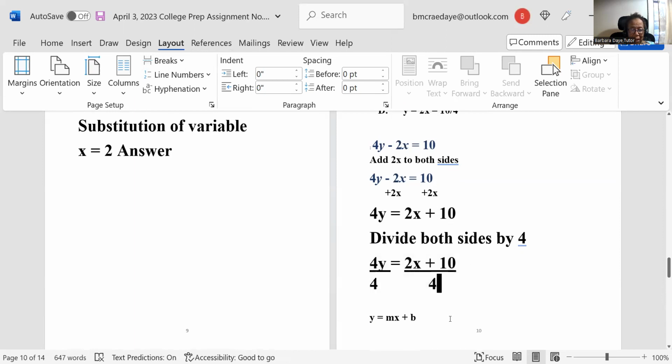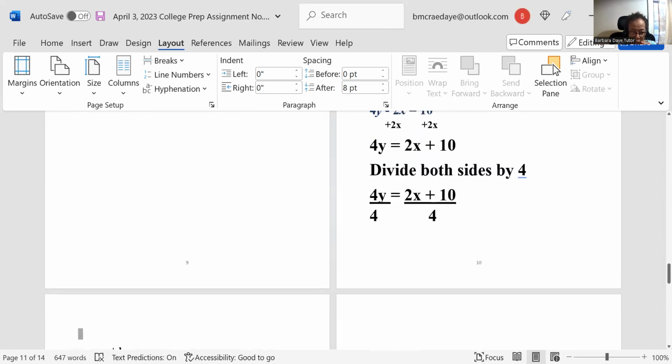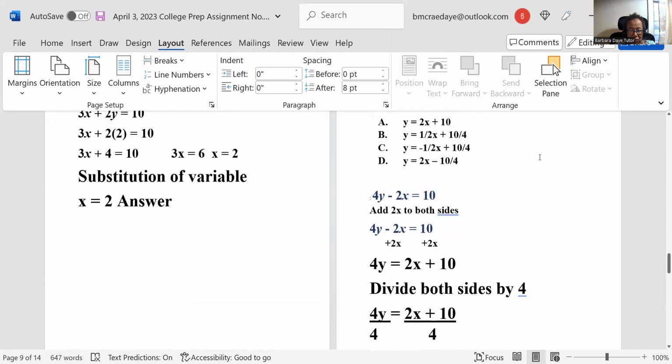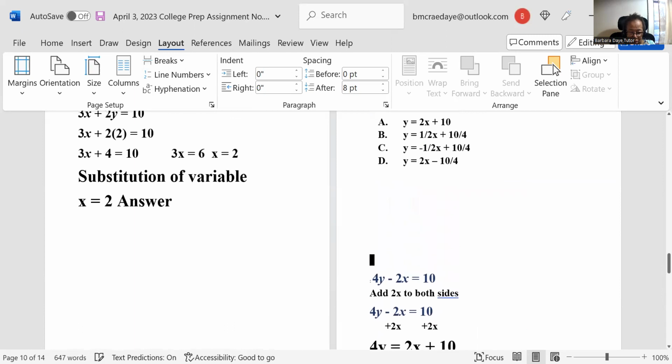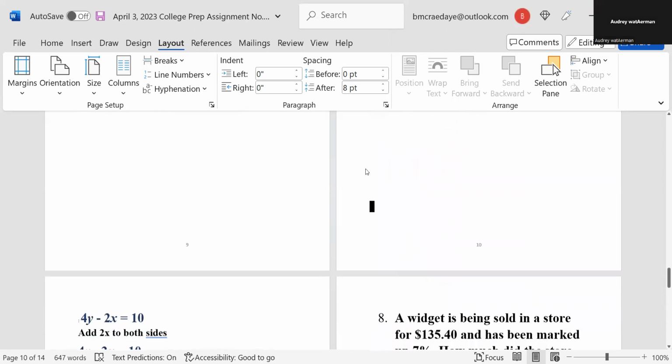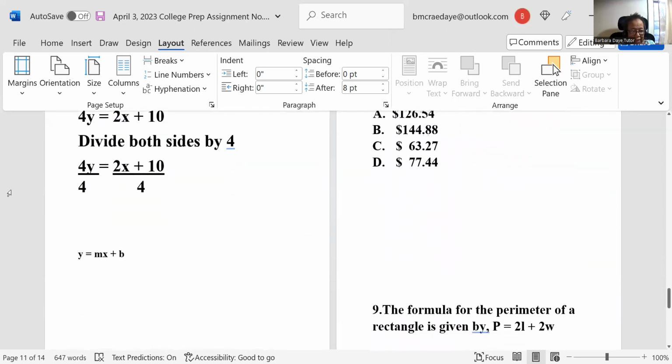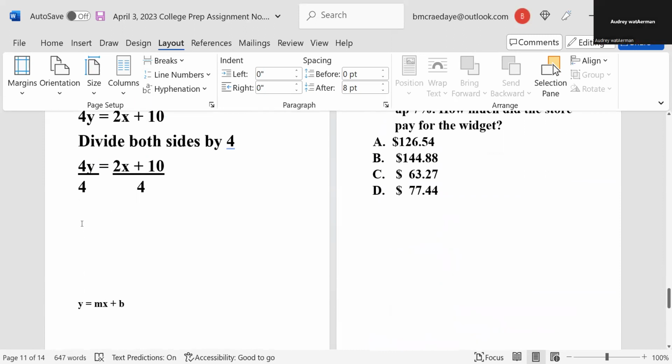Okay, now, what do I have on the left side, Audrey? 4y. Let me bring this all over here, so we'll have it all together without breaking it up. Y. Okay, now, when I divide 4y by 4, Audrey, what do I get? Y. That's it, very good. Now, so that's y